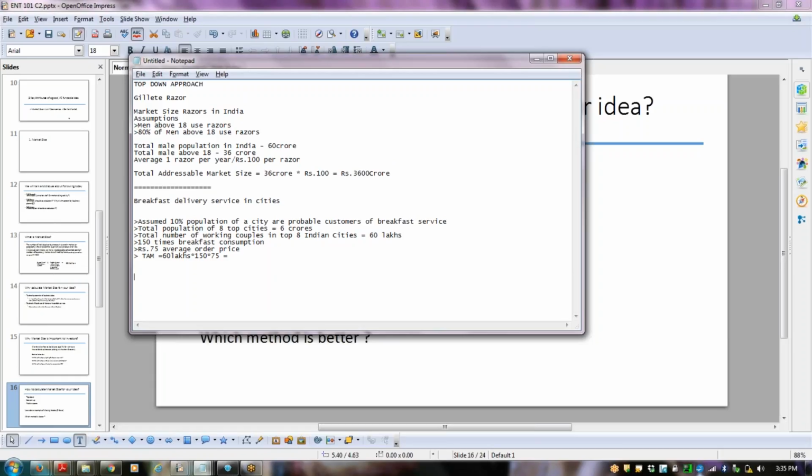Okay. So now what is the bottom-up approach? That's the next thing. That is going to be more tedious, and this will actually verify whatever data that we got in the top-down approach. So in the bottom-up approach, you have to do it the other way around. Here there are fewer assumptions. What you have to do is some surveys. You have to get out of the building and talk to real people outside, at physical stores,